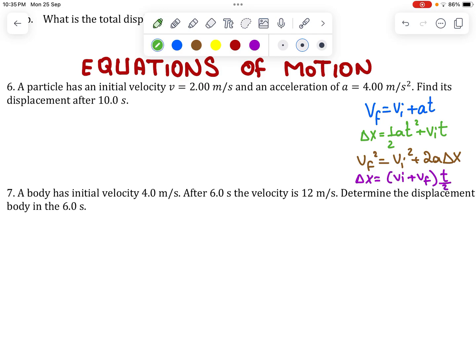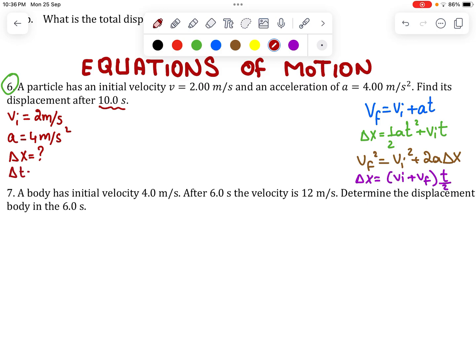So in the first question, number 6, we have a particle that has an initial velocity of 2 meters per second and an acceleration of 4 meters per second squared. So let me list my givens. I've got the initial velocity equals 2 meters per second, and the acceleration equals 4 meters per second squared. The question says find its displacement, so I need to find the displacement after